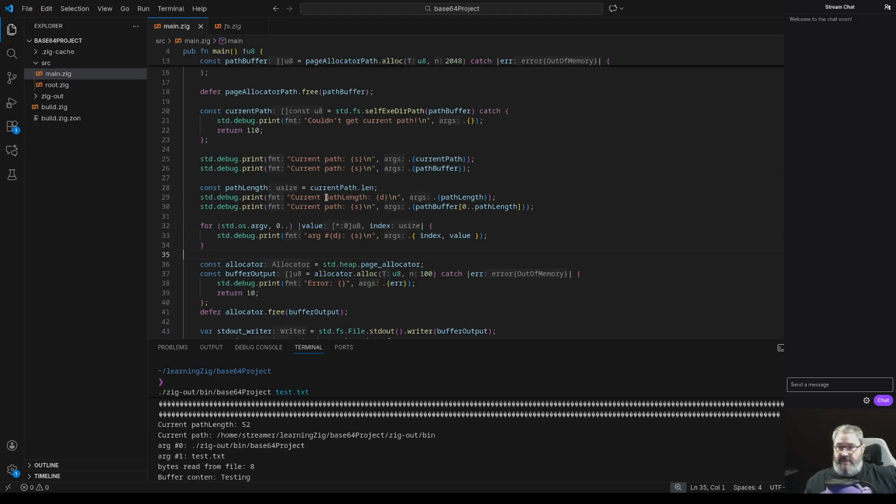The current length, we print it out. We print out that buffer until that length. And then we're listing out the arguments. But if we now take this path length and say we want from path length and forward, and we are taking not